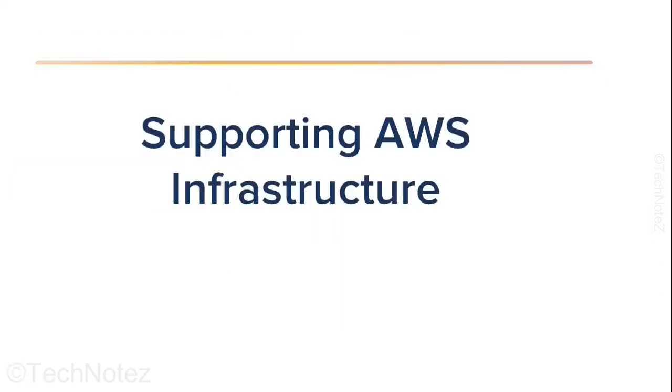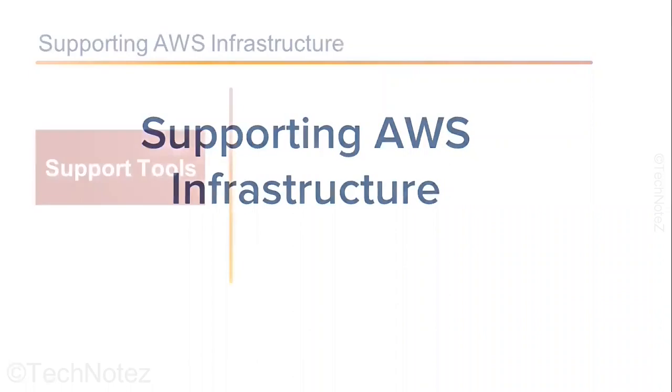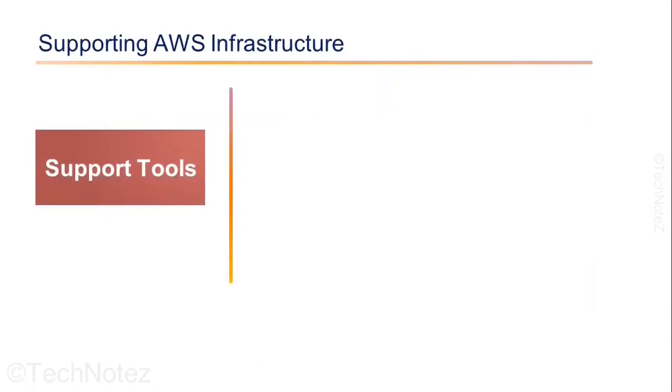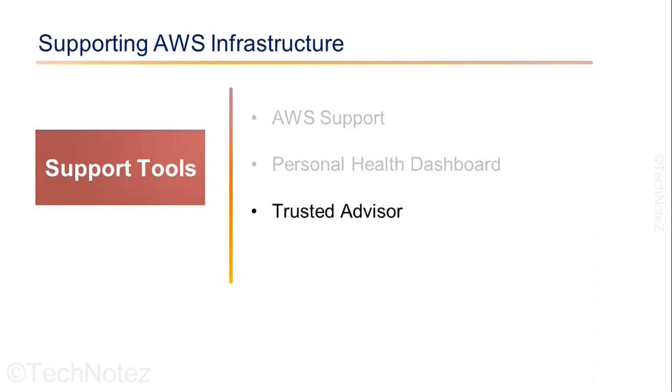Supporting AWS infrastructure involves a range of activities. It requires ongoing monitoring, maintenance, and management to ensure that your environment is running smoothly, securely, and cost effectively. So next, we are going to talk about how you support your AWS infrastructure once you transition some of your applications to the cloud. Let's talk about the tools that AWS provides to support your infrastructure. We are really talking about AWS Support, which is the service that enables you to file a support request with AWS. Within AWS Support, there are two additional services that are also made available to you. The first is Personal Health Dashboard and the second is Trusted Advisor. Let's take a look at each of these services.